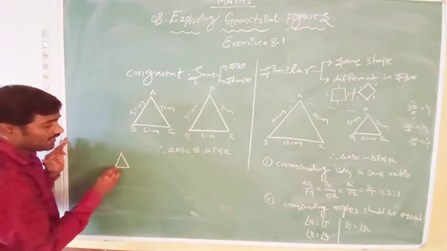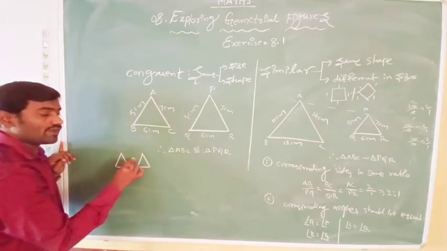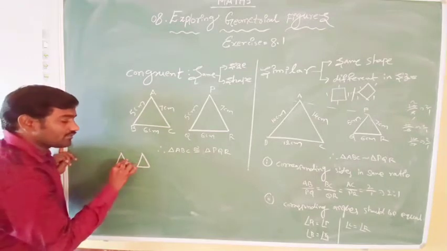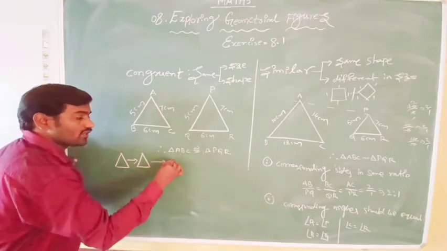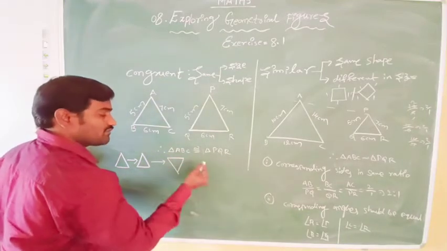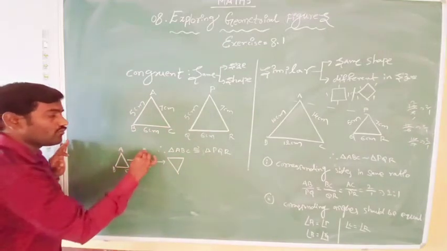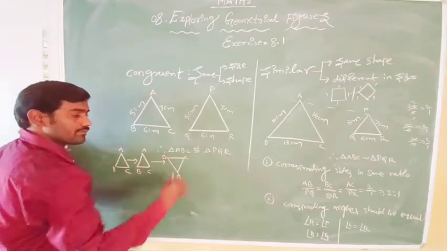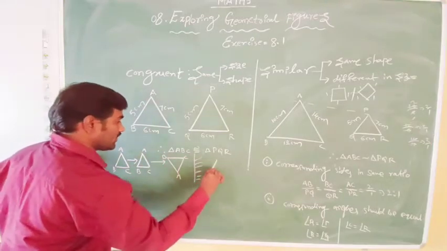So there is one triangle here. Two triangles are congruent to each other, or two are similar to each other. These two triangles are congruent and similar. We move this triangle, we rotate this triangle, or we flip this triangle. Taking triangle ABC, we are moving it to some place, rotating it, flipping it. Flipping means the mirror image of it.